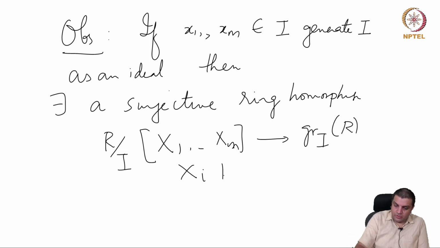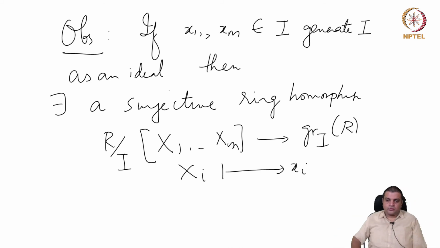Xi goes to little xi. Okay. So this is the property. This need not be an isomorphism. There could be things in the kernel, but there is definitely a surjective homomorphism, because in any degree all